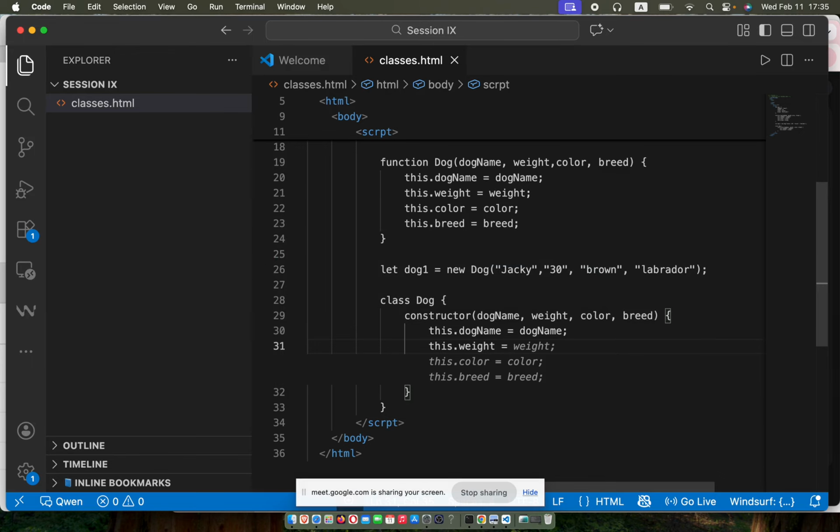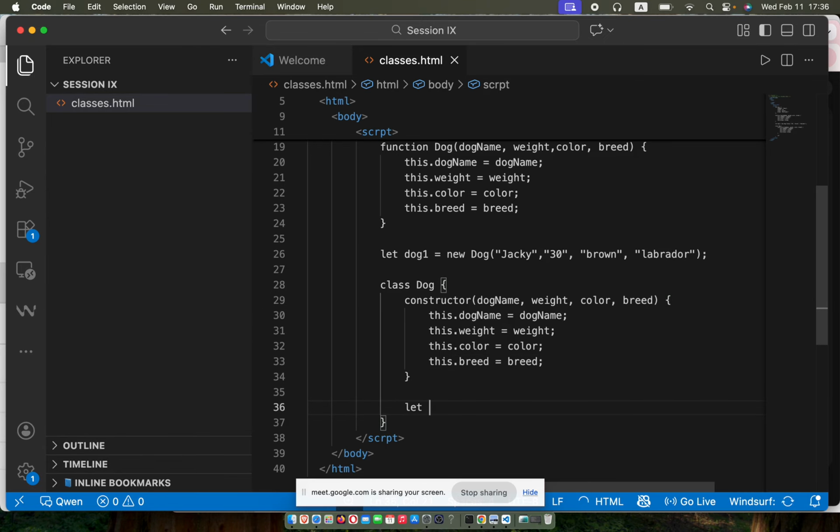This dot weight is being assigned to weight. This dot color being assigned to color, and this dot breed is being assigned to breed. So now whenever we are declaring a variable from this class, we can just say let